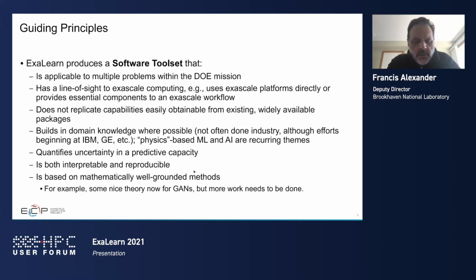So when we started the project, we came up with a number of guiding principles for ExaLearn. As you all know, in this high-performance computing area, there's a tremendous investment in machine learning and AI. In fact, the investment has only gotten larger since this project started back in the middle of 2018. It's probably on the order of $100 billion a year, and maybe more, in just R&D in machine learning and AI. And so this is really a tiny slice of that. And so we really wanted to have an impact. And so we focused on tool sets that are applicable to multiple problems within the DOE mission that really weren't being met by